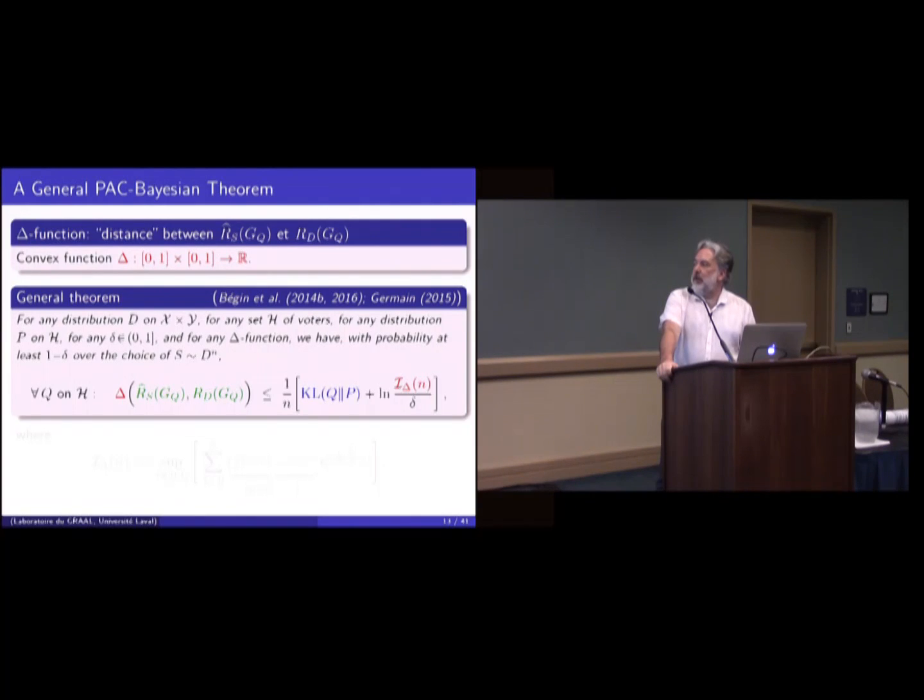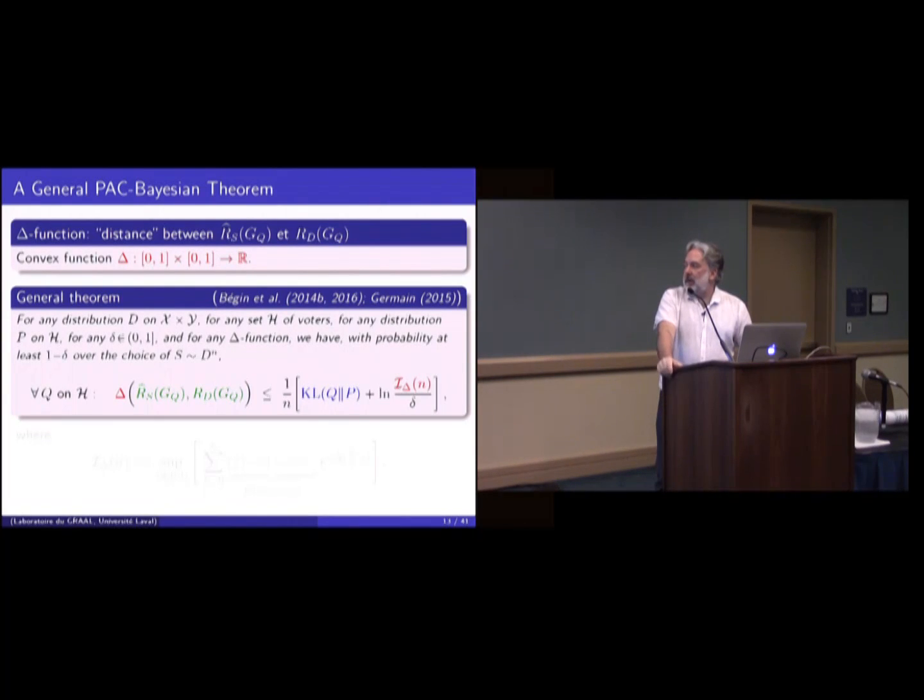And I will show you basically how it works in general. Above all, the bounds in PAC-Bayesian theory can be proved with basically the same ideas. I will show you the important steps of that, and then you will be able to understand that if you want to make some other change to your PAC-Bayesian theory, you can manage to change basically the step of the proof in order to adapt to a different framework.